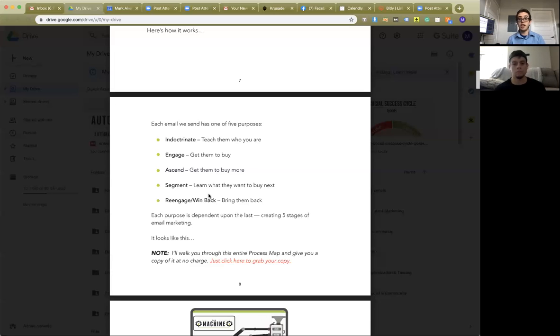So make sure that whatever process you create in developing your email series or any type of campaign, universal rules of digital marketing, you build a reliable system where the metrics will make sense. The emails that you test, the subject lines that you A/B test, it's all systematic and there's always a control that is able to keep that data right where you want it. Segmenting, just like I said, learn what they want to buy next.